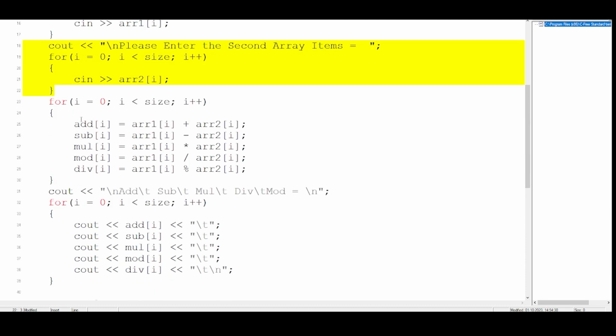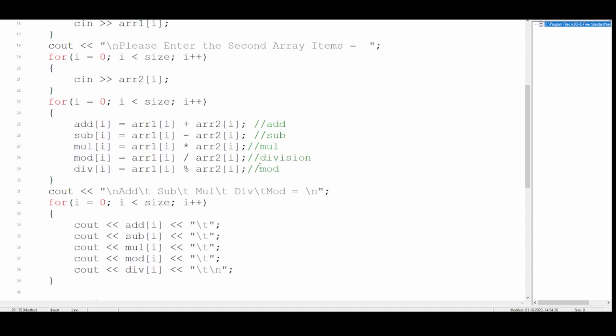Then what I did is, as you can see, it's so basic that we just have to put the symbol. So here we're doing addition, here we're doing subtraction, then we are doing multiplication, then we are doing division, and lastly we're finding also the mod. This is one extra, modulus or mod, which will divide them and give us the remainder. It will store it in a new array.